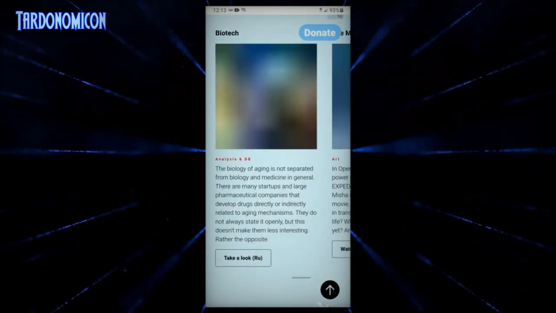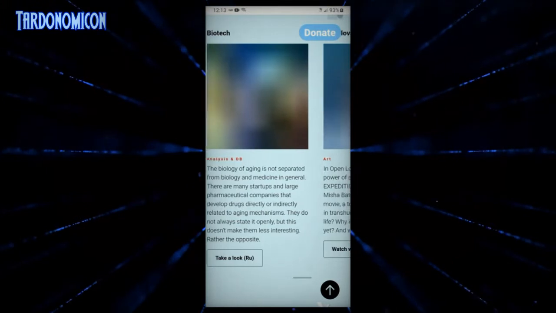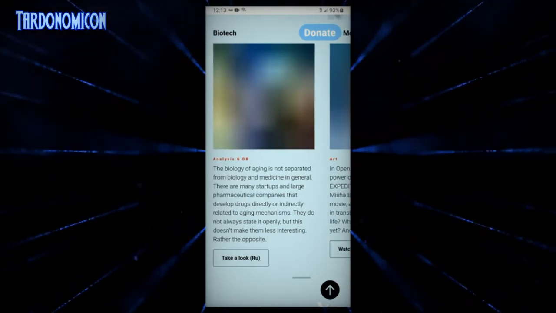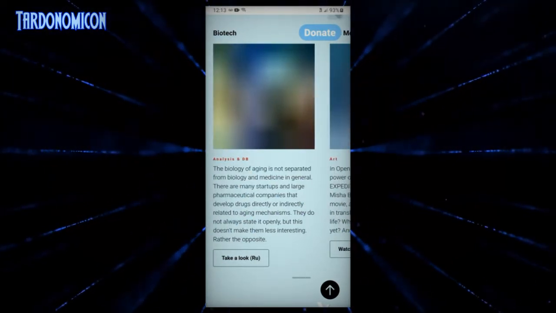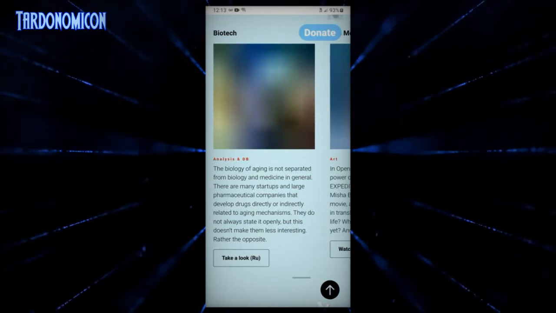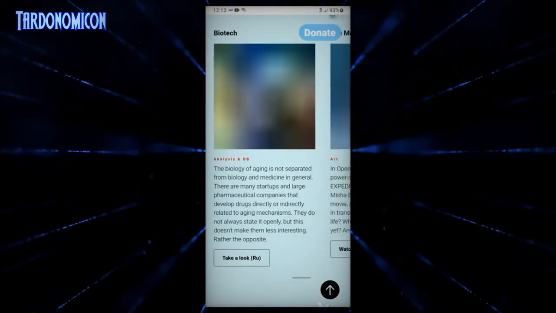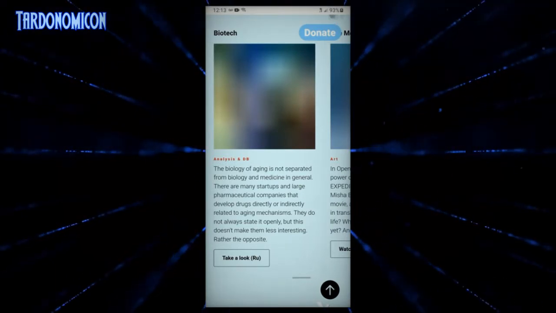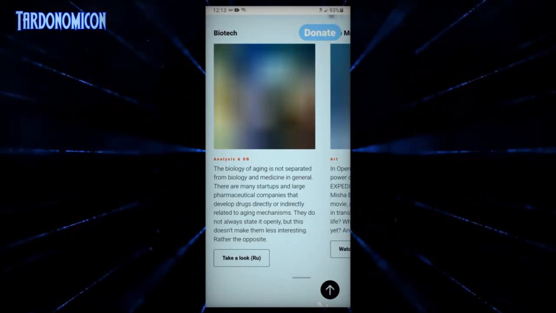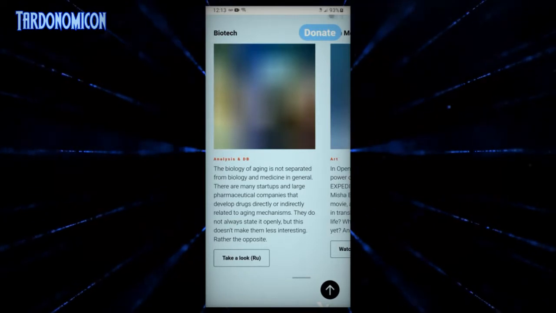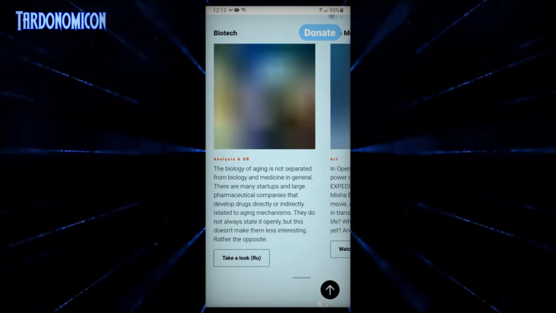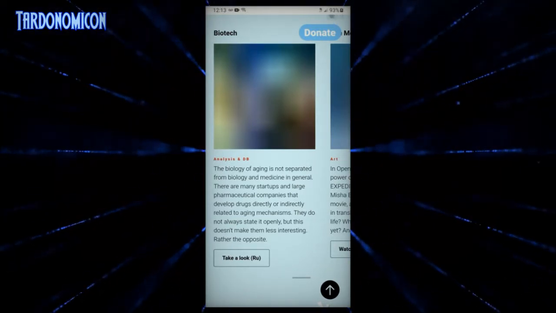The biological aging is not separated from biology and medicine in general. And that's what I want people to understand. Transhumanism, or life extension, I like referring to it as life extension, but transhumanism is, in and of itself, the same thing as medicine. Okay, there are many startups and large pharmaceutical companies that develop drugs directly or indirectly related